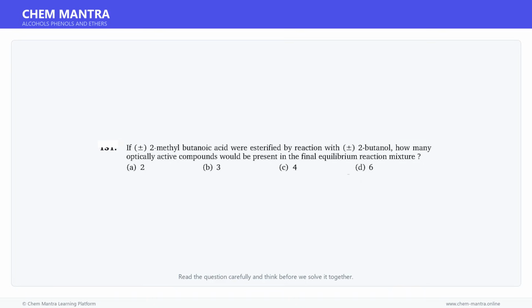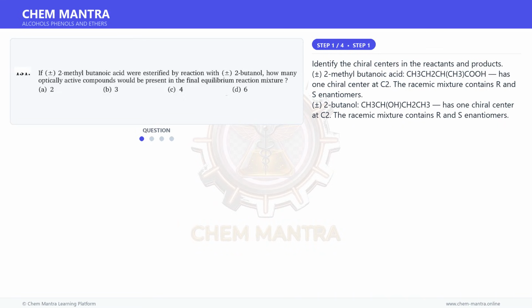Here is a question. Read it carefully and think about the answer. Let us solve it step by step. Let us begin solving this step by step. Identify the chiral centers in the reactants and products. (±)-2-methylbutanoic acid